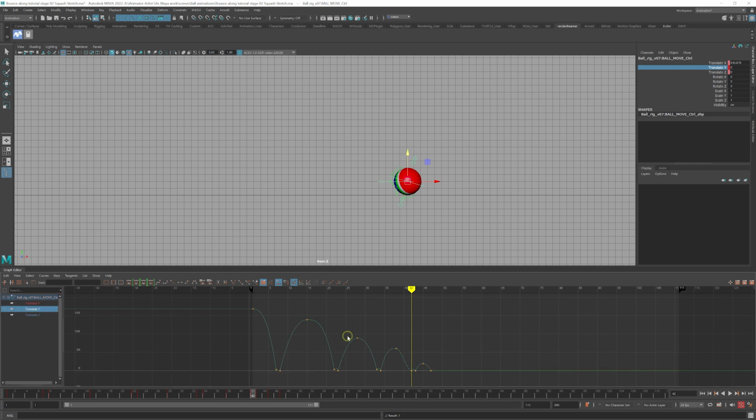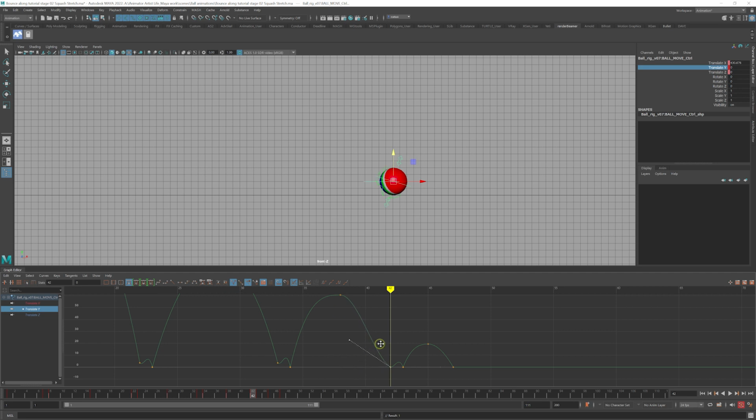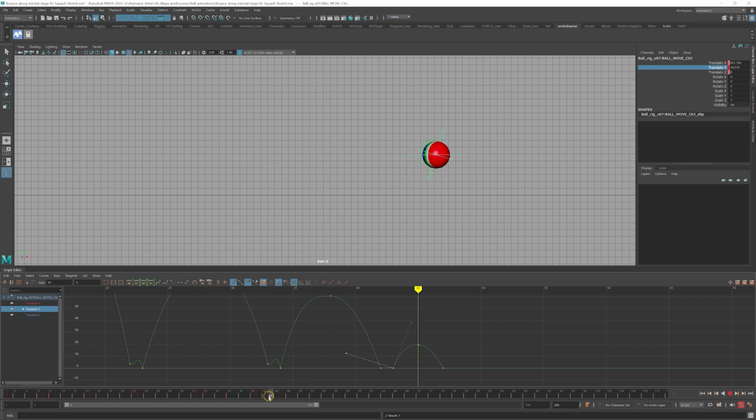I'm going to select our translate Y so we can just see that, easier to work with. Again, split the tangents, break the tangents, and put the bounce back in. Again, it doesn't matter about this kink. You can flatten it out if you want, but it's not necessary. Okay, so we come down. We've got our extra keyframe now. So the impact is here, is where our squash and stretch is going to be,